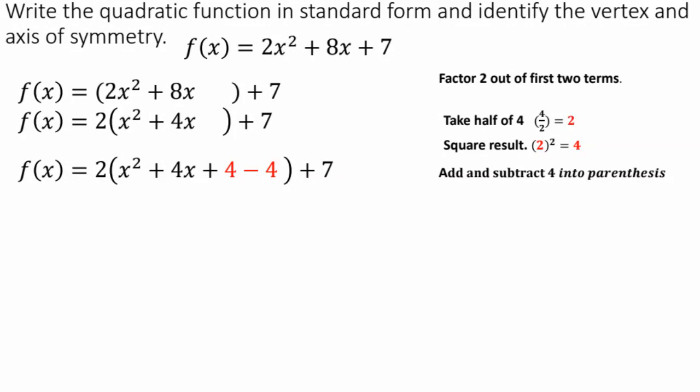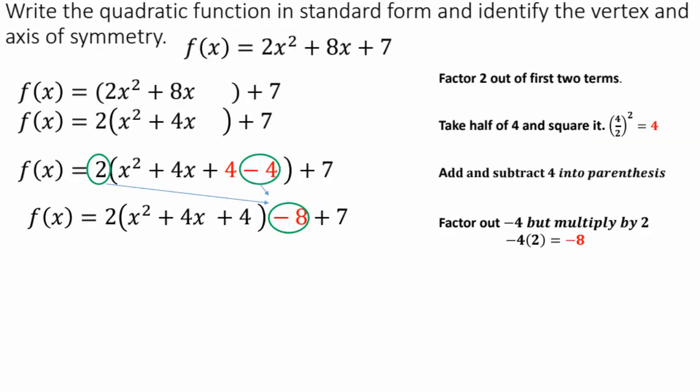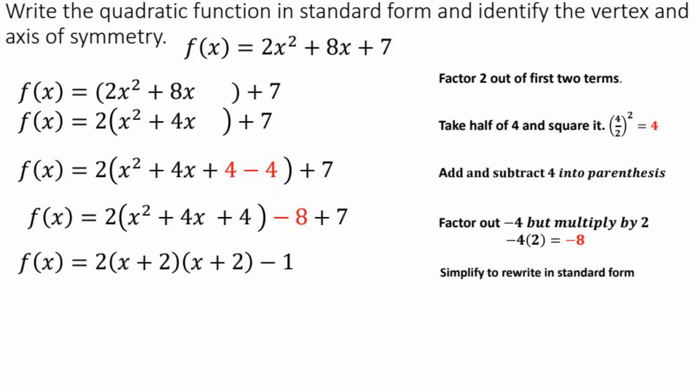Okay, so then what I'm going to do is borrow just a positive 4, and take out the negative 4 outside the parentheses. But because I'm taking it outside the parentheses, I have to give back the 2 that I had taken out originally from the factor. So I need to multiply 2 times negative 4. That's going to give me the negative 8 outside. So now I can just add these two values, the negative 8 plus 7, and it's going to give me